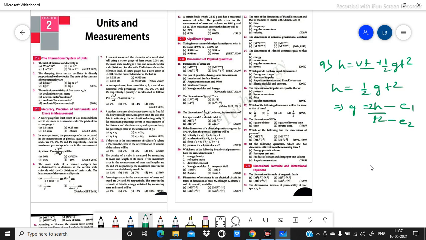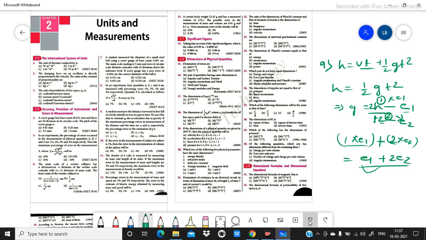So the power of h is 1, so 1 into e1, and the power of t is 2. So here it is 2, here it is 1. So 1 into e1, the error in h, plus the error in t. Again the power is square, so 2 into e2. So the total error will be e1 plus 2 e2. So it's nothing but just power with error. Power is 1, error is e1. Power is 2, error is e2. So I've just added, and I got the total error like this.